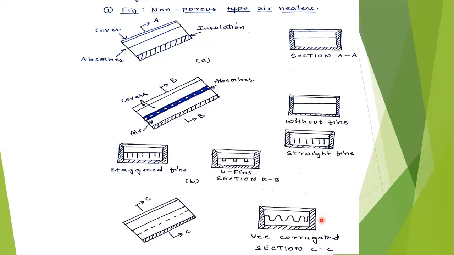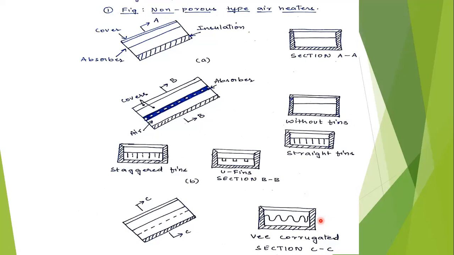Suppose in these flat plate collectors we are not orienting to the sun's direction. The geometry, and the area or location where it is staying, matters. If the sun's orientation is not ideal, this helps to take in the solar radiation to its maximum level. So the trapping of solar radiation also depends upon the geometry.